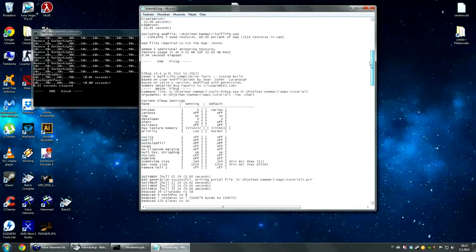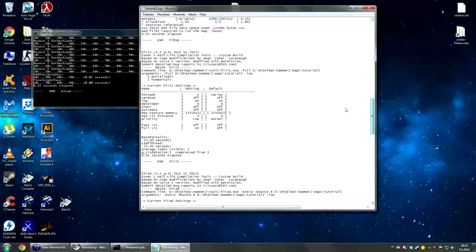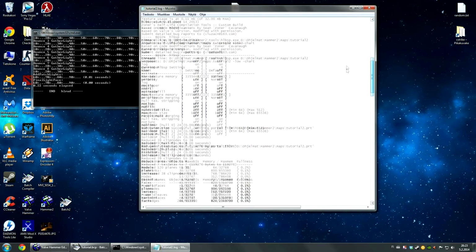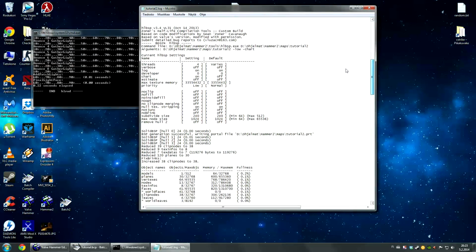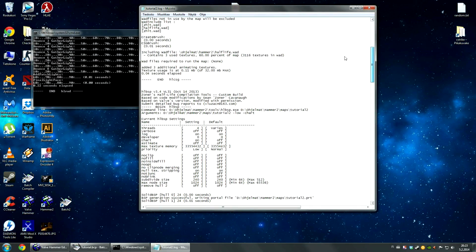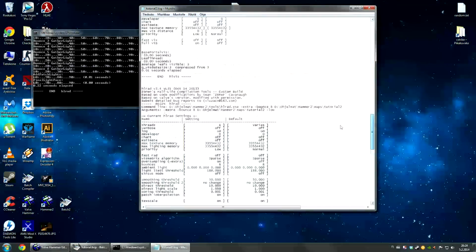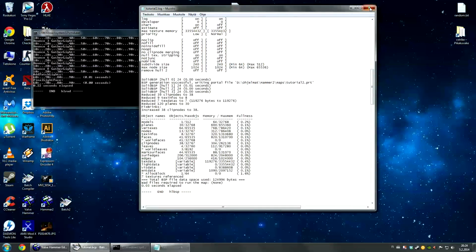You should usually find them here. A lot of different information. I don't know what half of this means, so when you run into errors you can't solve, you can just post these to some forums and the more experienced mappers will help you with this. But I didn't run into any errors, so all should be good. You can just close this